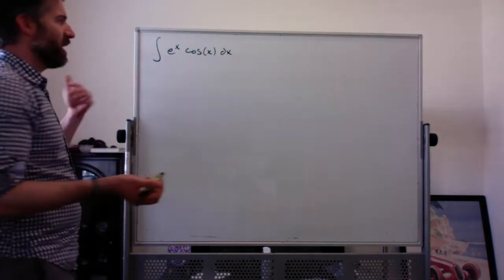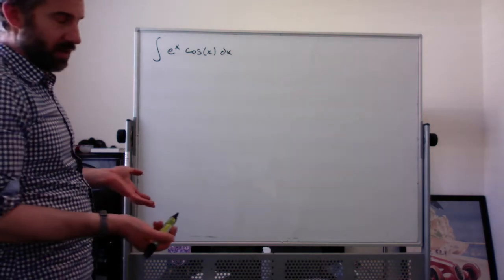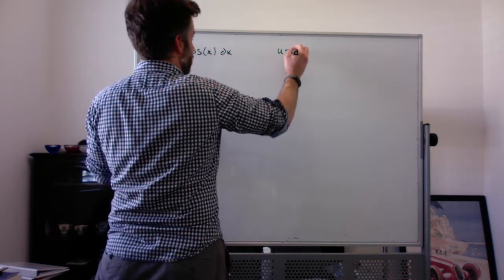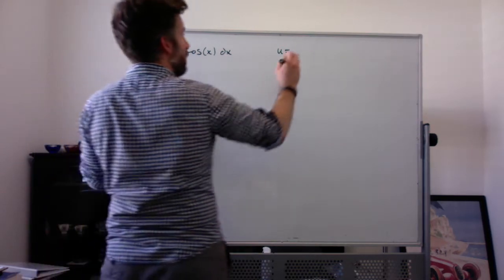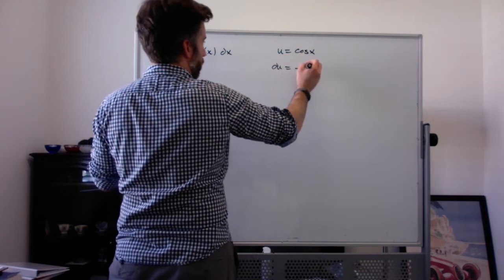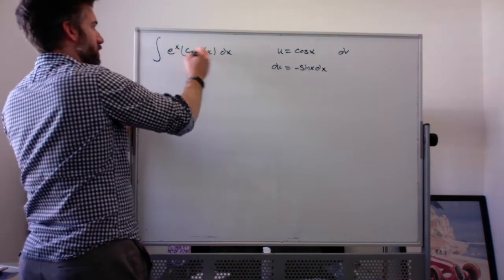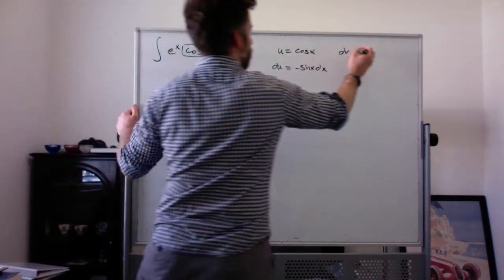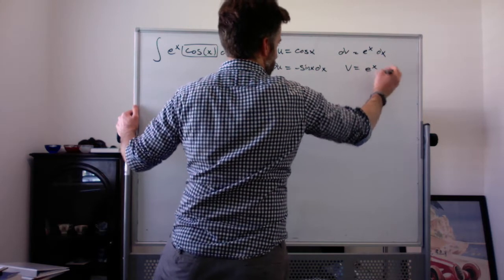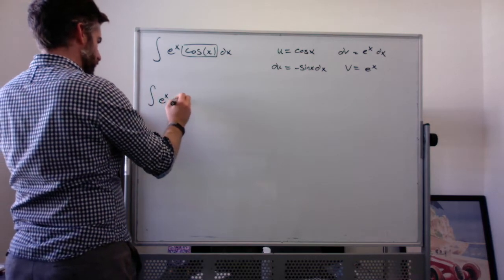So you can actually go either way here. I typically let u equal the trig function and dv be the exponential function, but it works either way as long as you do the same thing for both iterations. So I'm going to let u equal cosine of x, du is negative sine of x dx, dv is everything left over after the cosine, so e to the x dx, and v is the antiderivative, e to the x. So then rewriting this, I have the integral of e to the x cosine of x